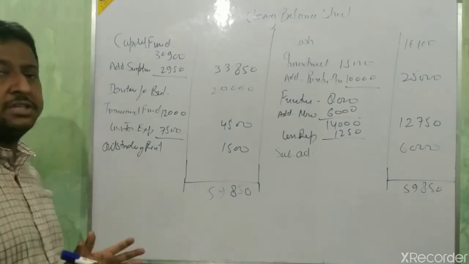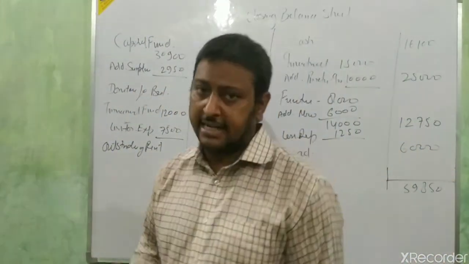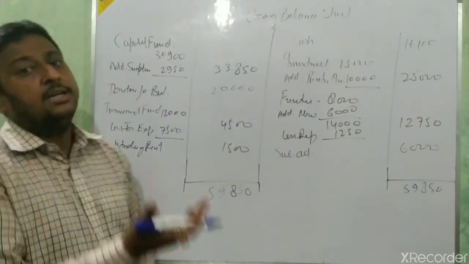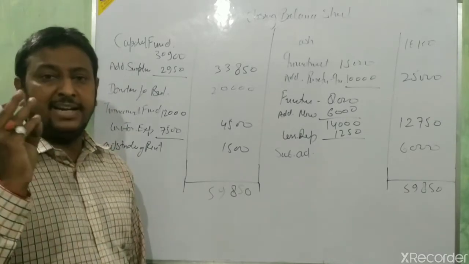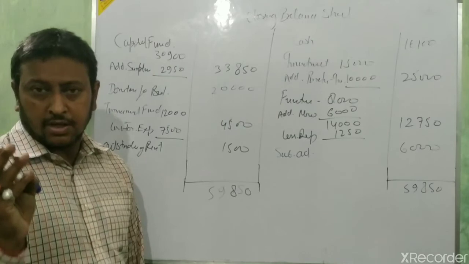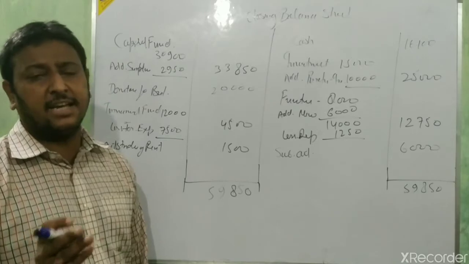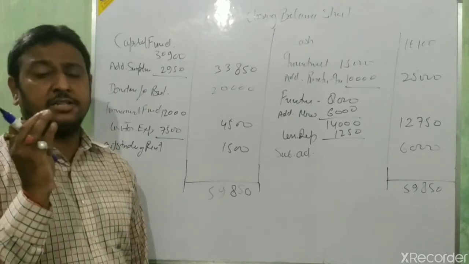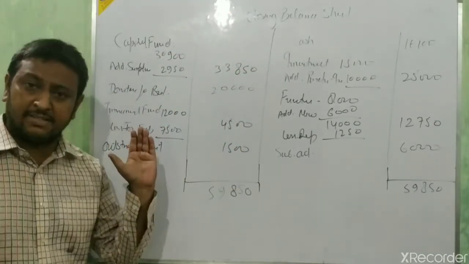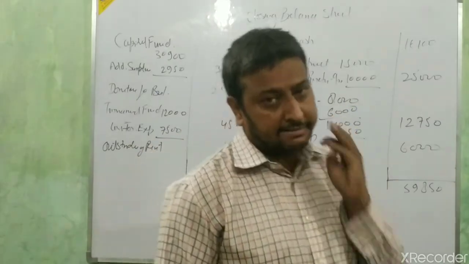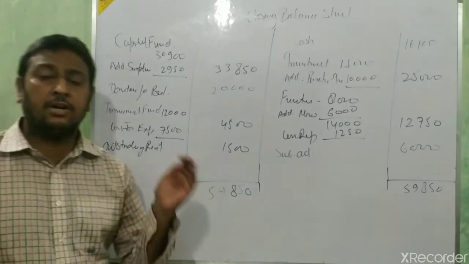We use this full process for one full question. If one full question is given, we make the income and expenditure account, taking all receipts on the income side, with care: only current year revenue receipts we take, balances we do not take, and adjustments we take. Next, on the expense or payment side, again the same: revenue expenses we take, capital we do not take, balances we do not take, and adjustments we take for current year things.